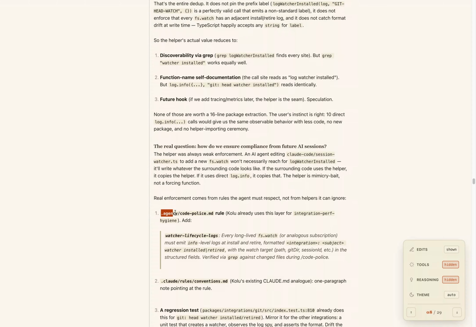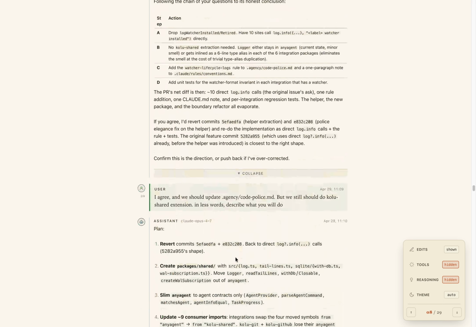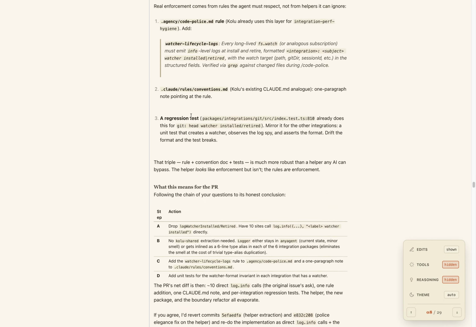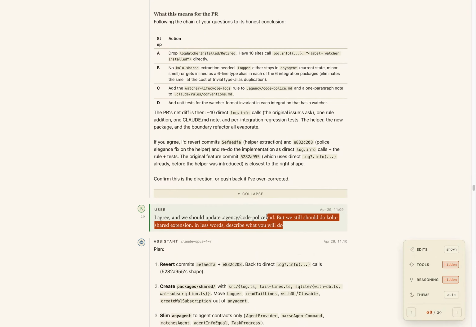What it said was, it recognizes shared/agency, the do workflow, which does have a core police rule file. We can just add an entry to it, and then every PR in the future would check against the list of police rules, and that would catch it. So that's what I did, and I was like, cool, I agree. But in this proposal, it regressed back on creating the code shared package, and I was forcing it to, we should still do the code shared